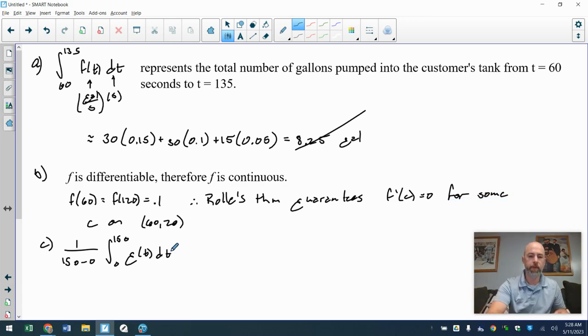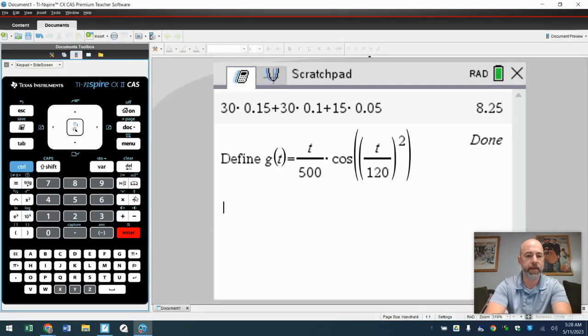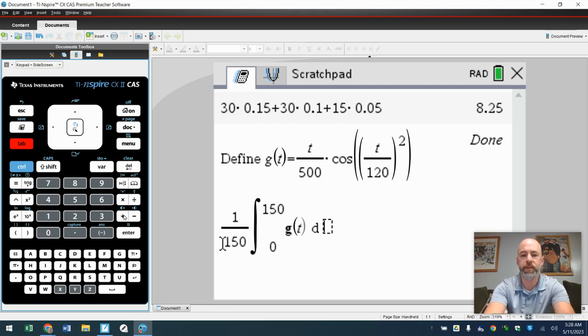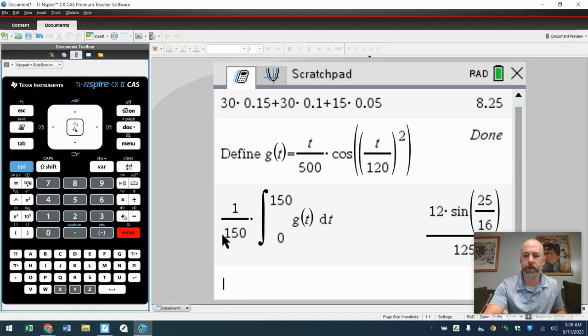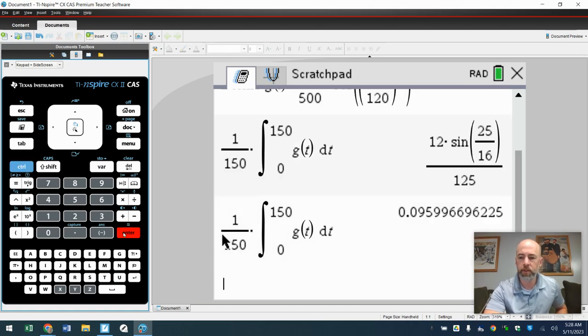They do, I assume, ask you to actually find the answer. Yes. Okay, so then we go to the calculator and we simply punch that in. So control, divide, 1 over 150, and then it's the antiderivative from 0 to 150 of G of t dt. Make sure I did that correctly. It is 0 to 150. Yes. Enter. And stupid answer. Control enter. Let's get that decimal. And I'm getting